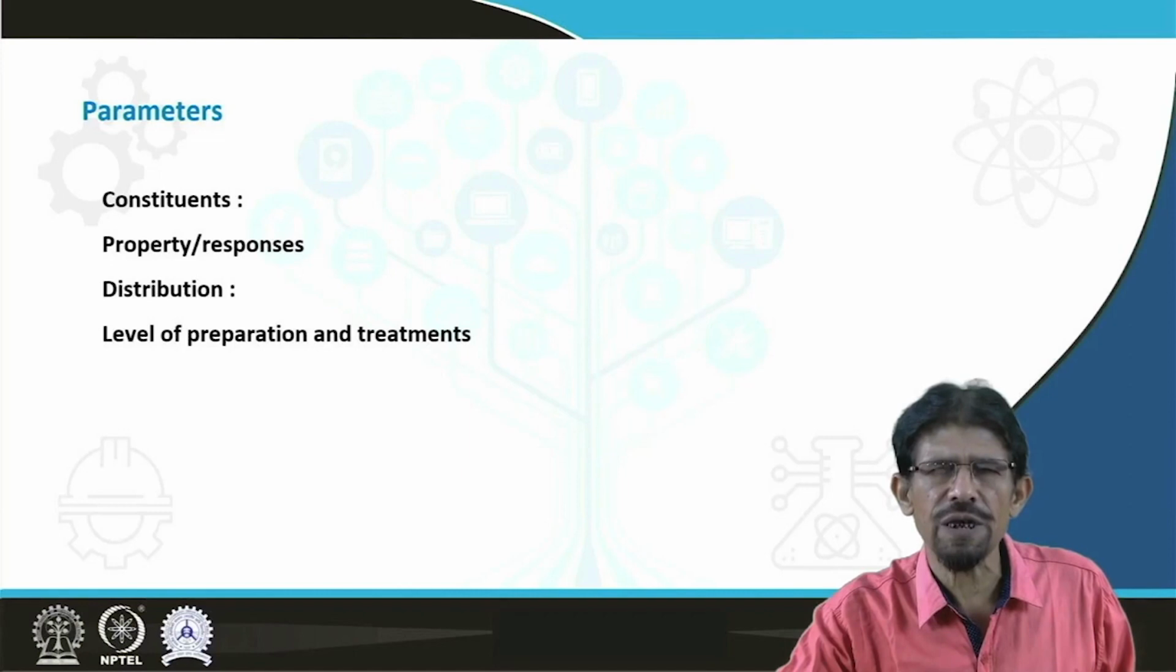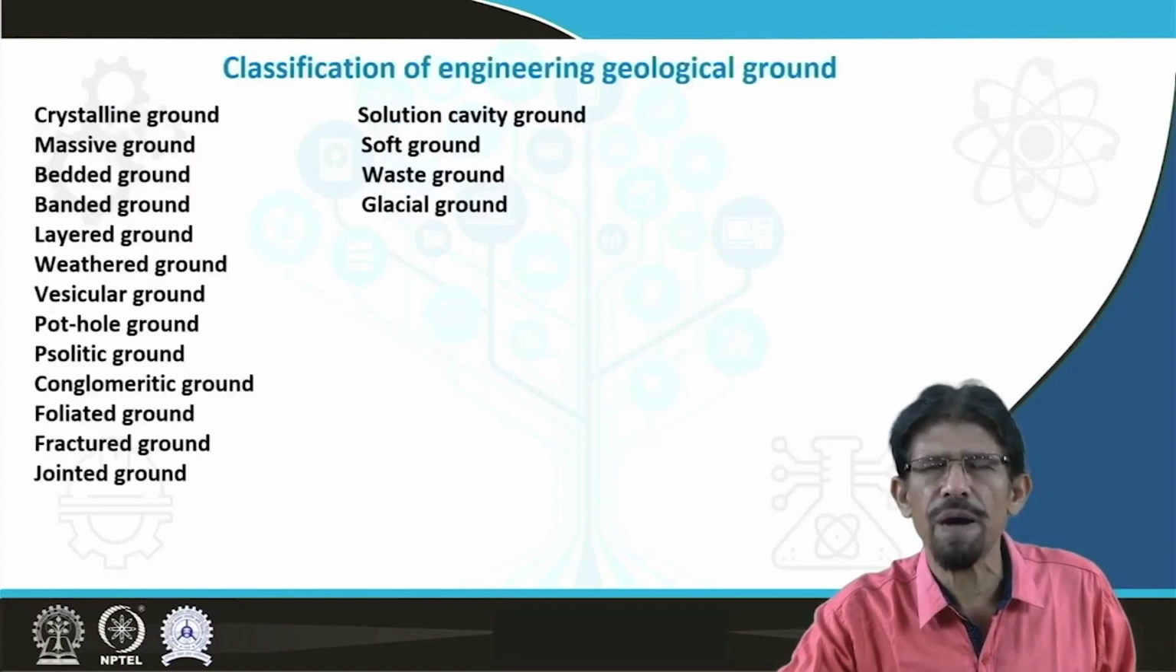For categorization, we have selected four very simple parameters. One is the constituents, another is the response or property, another is the distribution, in which area we are going to see such type of ground, and the qualitative description about the preparation and treatment levels. So in view of these four parameters, we are going to categorize different types of ground in these categories, like